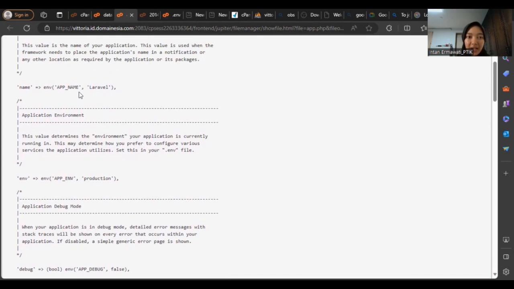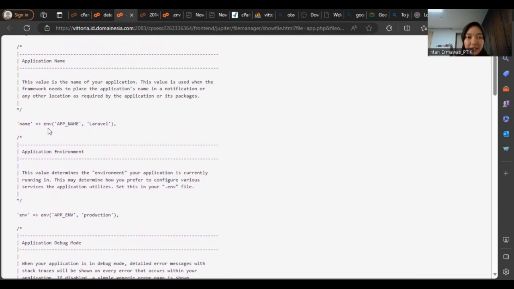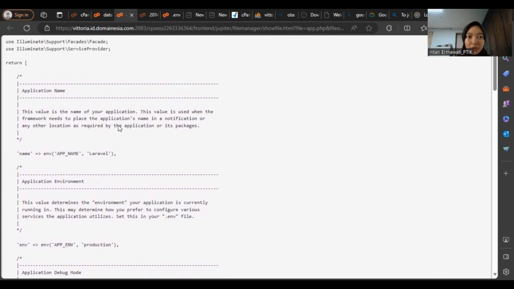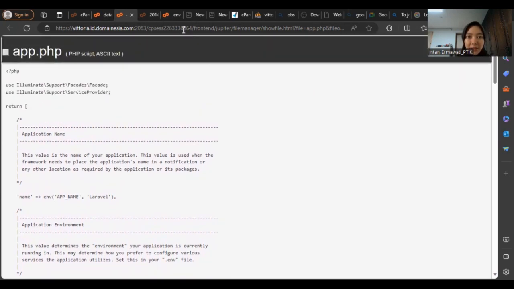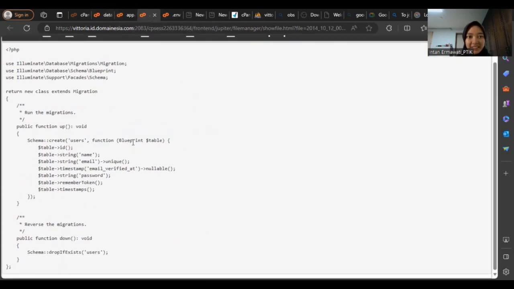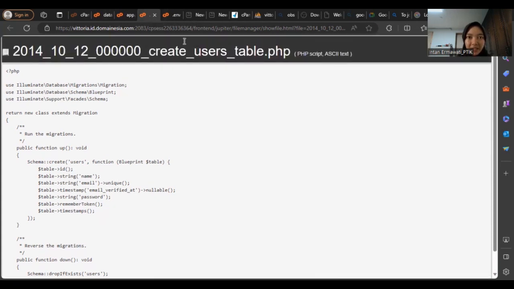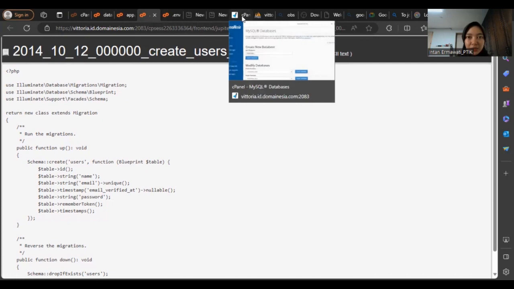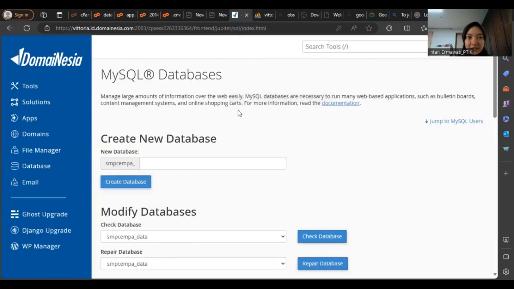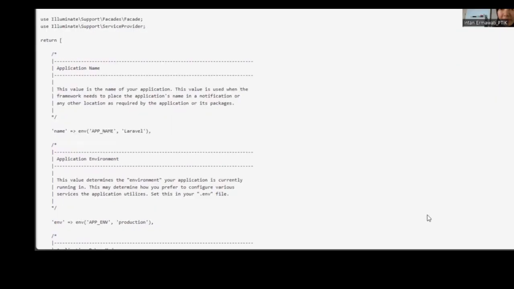Nah, di sini ada tertera Laravel. Sebelumnya saya sudah menjelaskan env itu apa, kemudian untuk mengakses ke dalam tabel-tabelnya, di sini salah satu contoh dari tabelnya, di sini saya memasukkan nama, email, ada password, dan sebagainya. Nah, mungkin itu penjelasan. Maybe share screen. Nah, mungkin sekian penjelasan database dari saya. Oke, next.